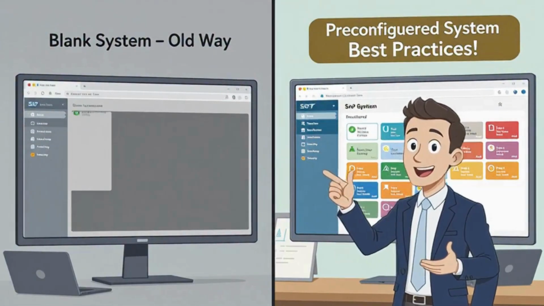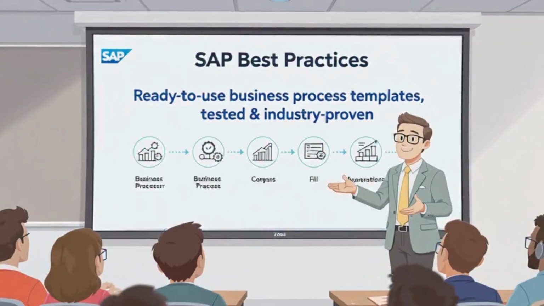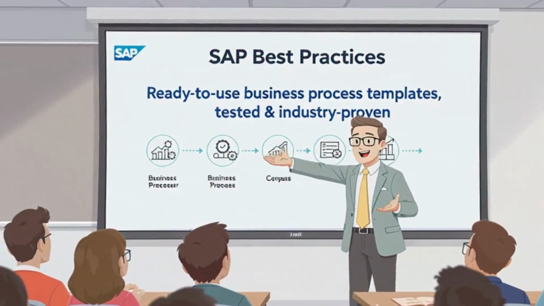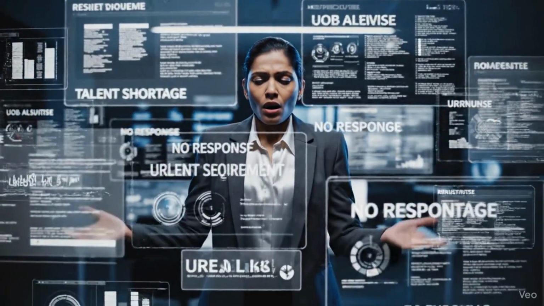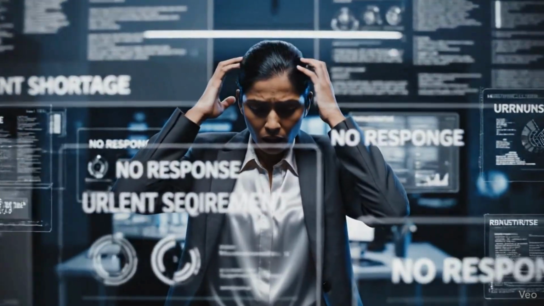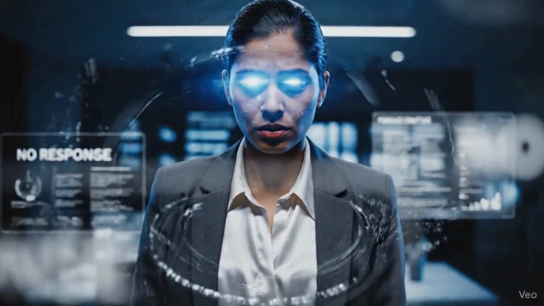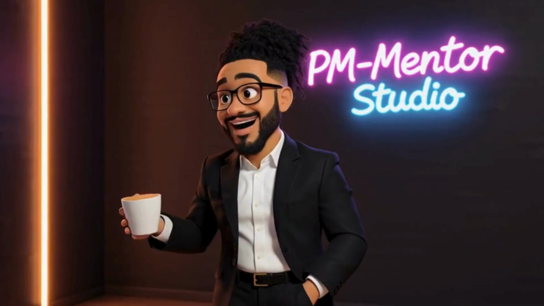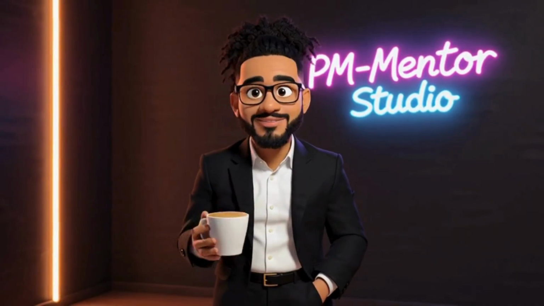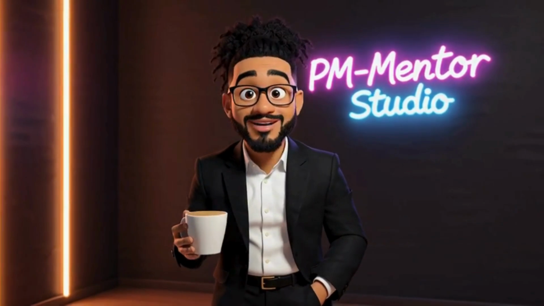Today, with best practices, the conversation changes completely. Instead of asking, "Tell me what your process looks like and we will design everything," Activate allows you to say, "Here is a working process based on global industry standards. Let's review it together and adjust only where needed." This is one of the most powerful components of the entire framework, and it's what truly makes SAP Activate different